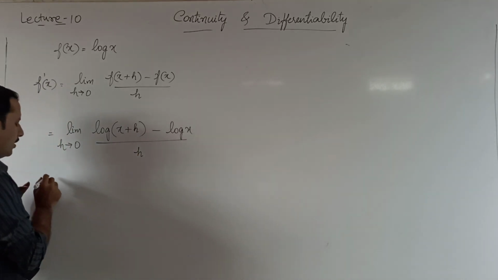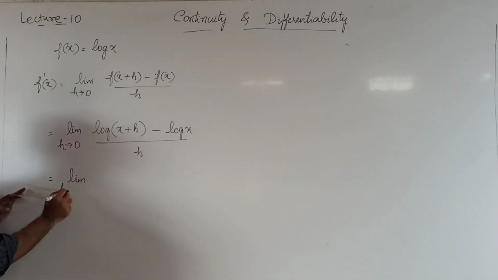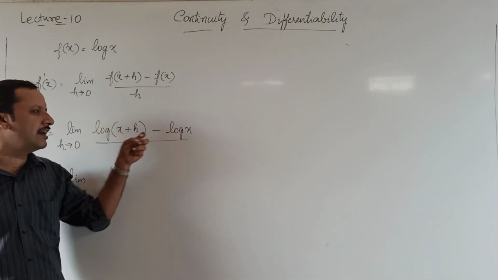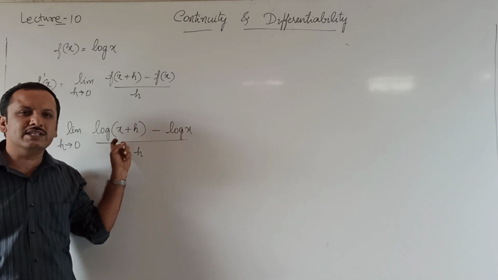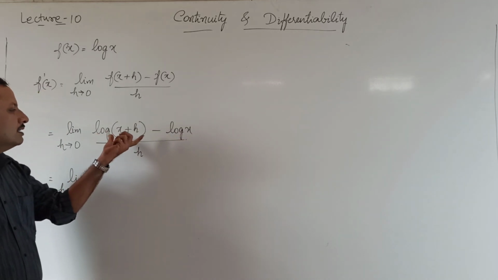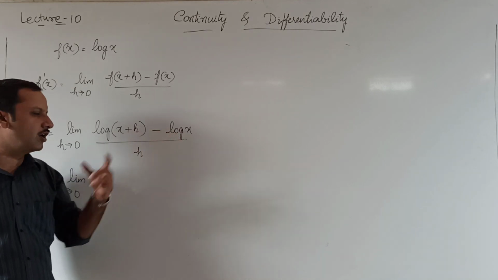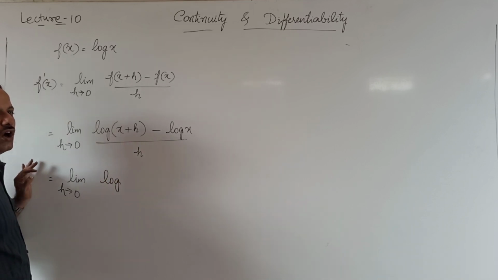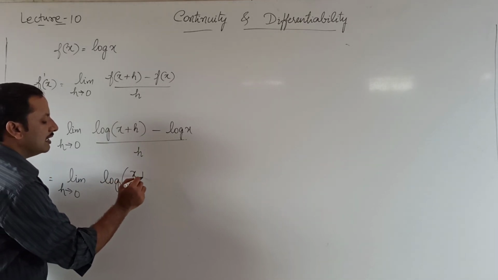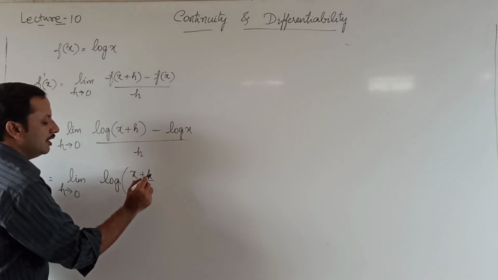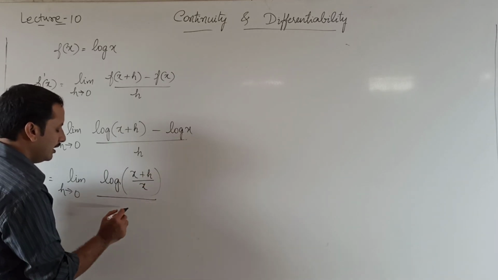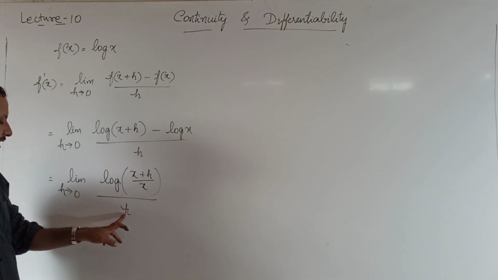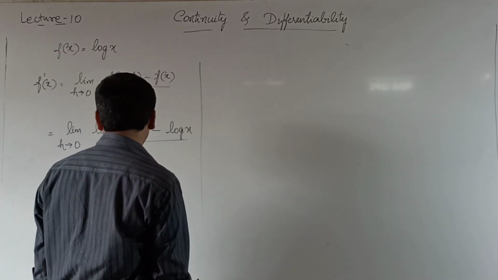h. Okay. Now look at the numerator. In the numerator we have log x plus h minus log x. Base I have not mentioned here, so it is to be understood that the base is e. Okay. This is of the form log m minus log n. As we know, log m minus log n can be written as log m by n. So this will give us log x plus h divided by x. Divided by h. Log x plus h by x divided by h. That's equal to